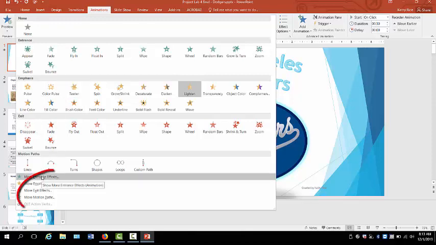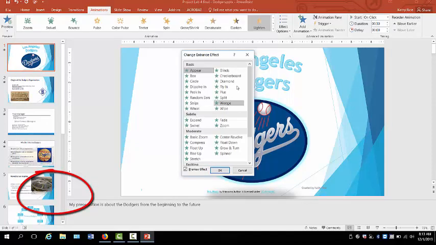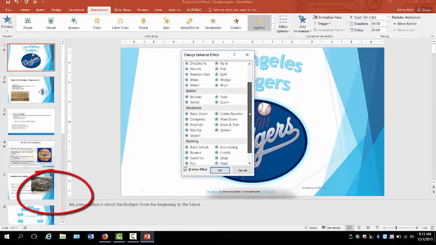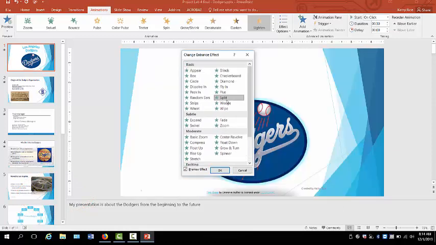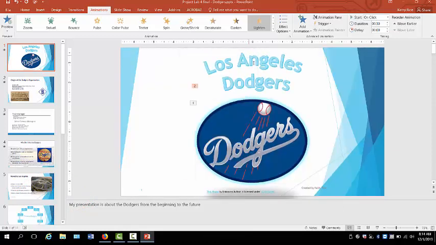Also down here you have more entrance effects. Look at all of these. You have so many of them. So play with them. Look at the split. If I do the split,